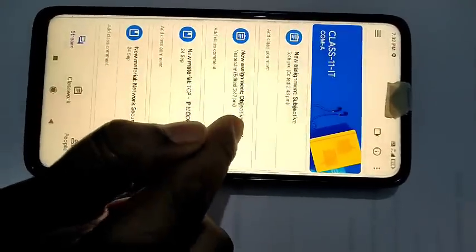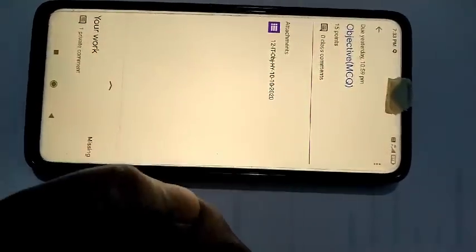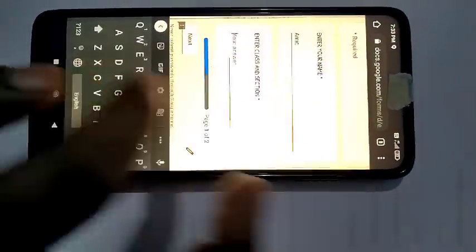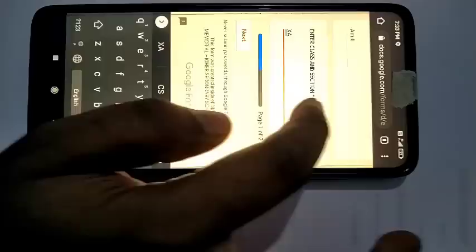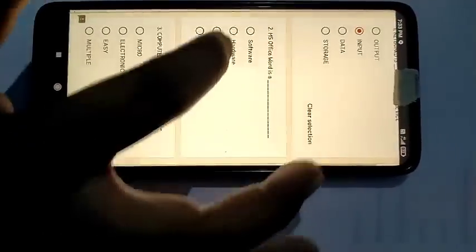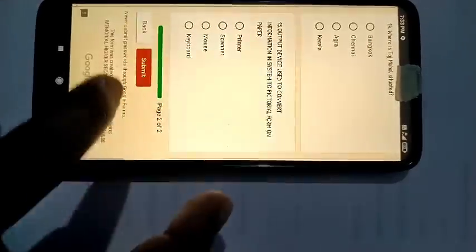Then you will find the objective question. Click on the objective question. Keep in mind only 15 minutes is given to this objective type question. You will click on the form. You will again fill in the details such as name, your class, and then press next to get started with the answers. You will simply select the answers, and after selecting all the answers finally you will submit it.